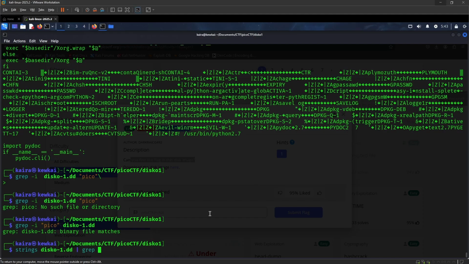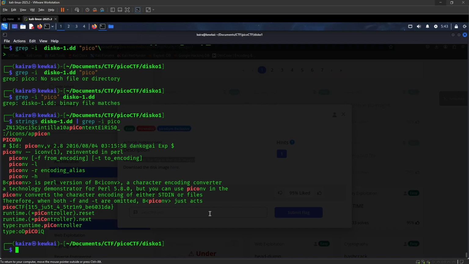Then we write grep -i and the content that we require, which is pico. Let's see, we have got some stuff. Nothing here, nothing here. Okay, as you can see, we have got a flag.